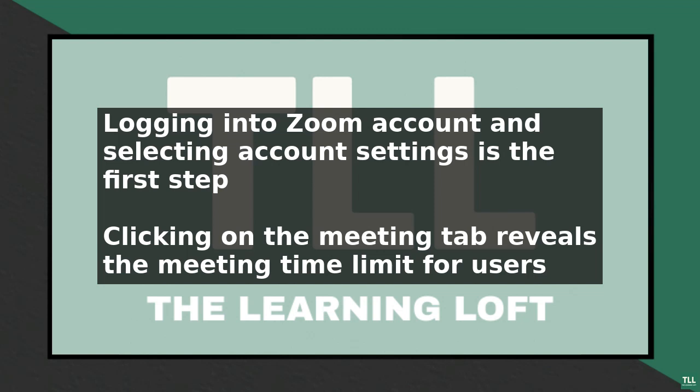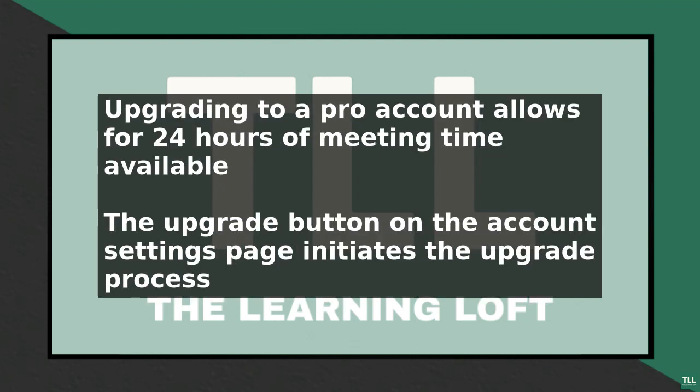To extend this time, you can upgrade to a Pro account, which allows for 24 hours of meeting time. To do this, click on the Upgrade button on the Account Settings page and follow the prompts to select a paid plan. Another option is to use the Zoom Meeting Extension feature, which allows you to extend a meeting by